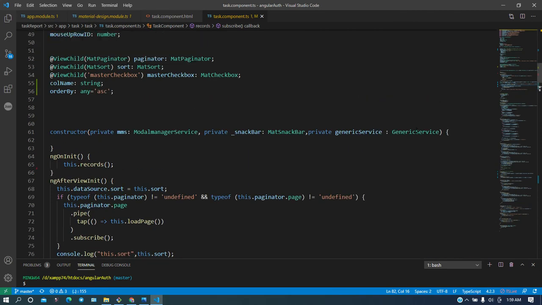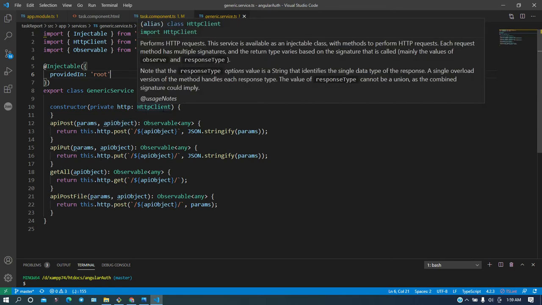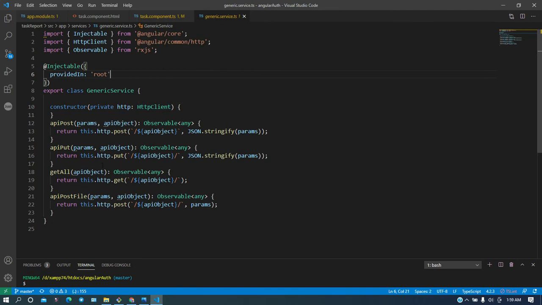It's okay. So let's quickly look at this service. If I go here to the generic service, you can notice that we have used the HTTP client to call the API, and in getAll, as you know, for the GET method only the URL is required.